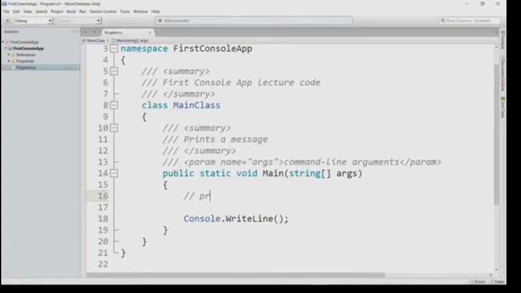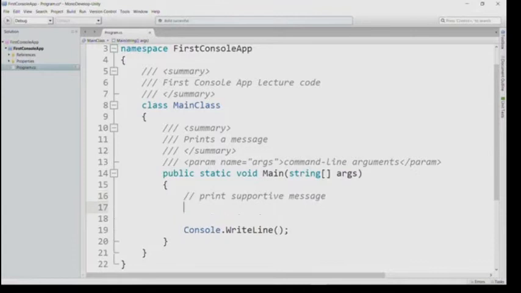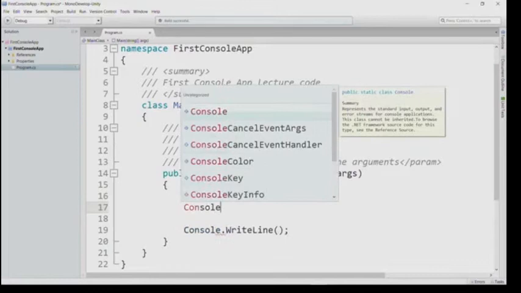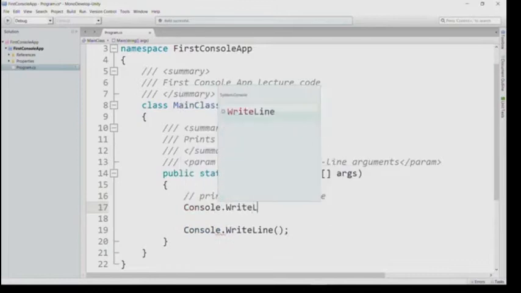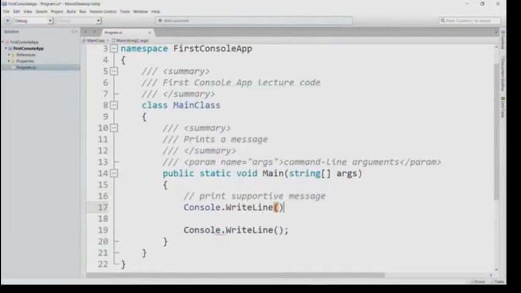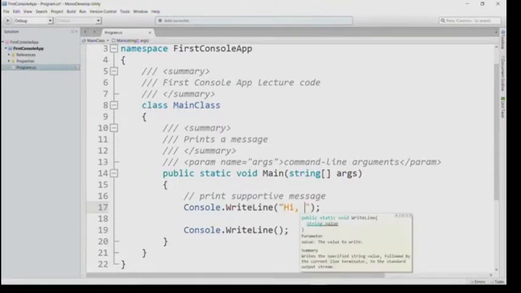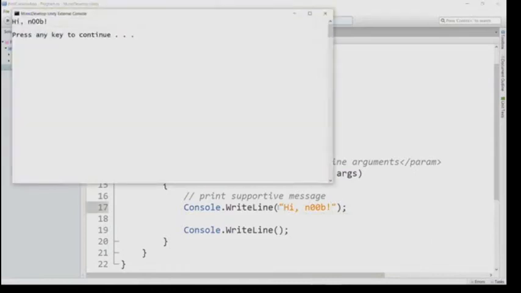I'm going to say print supportive message, and I will console.WriteLine, and now I'll put the message I want to print out. Remember, by default we got that hello world message, but I'm going to say hi noob, like so. I'll Control F5, and I ran the code, it printed out that message, and we can press any